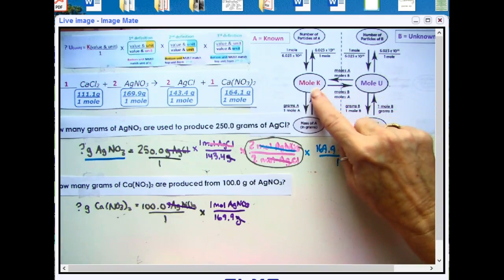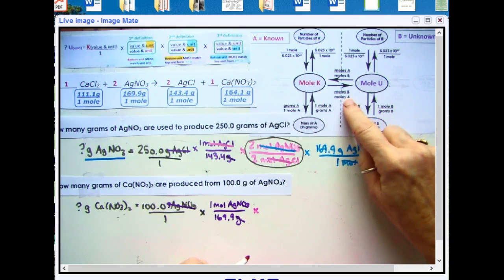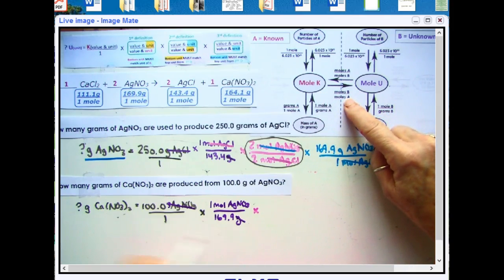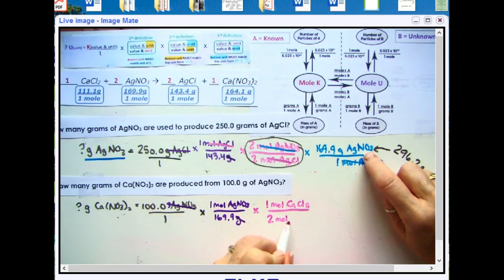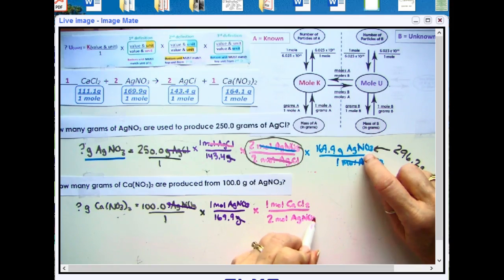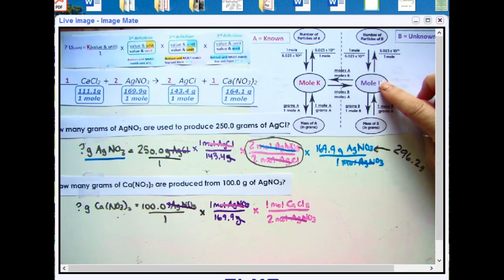Excuse me. So now we have to move ourselves over to the moles of the unknown. We're going to do the same thing we did before. Follow the arrow, and it tells us to put the moles of the unknown, which is calcium chloride, on the top. 1 mole calcium chloride on the top, and the moles of the known, which is 2 moles of AgNO3, on the bottom. And notice our moles of AgNO3 cancel. So we have successfully moved ourselves across the piece of paper, across the dotted line, to moles of the unknown,